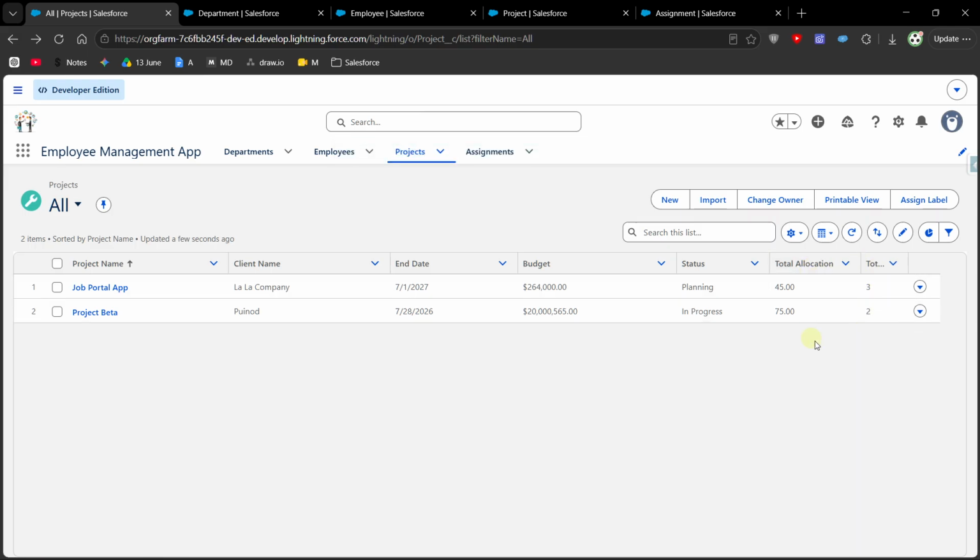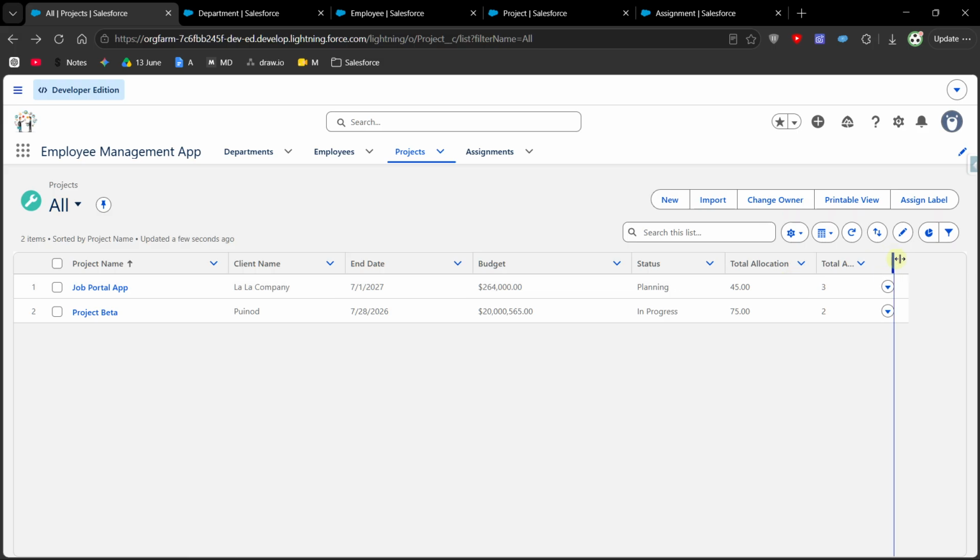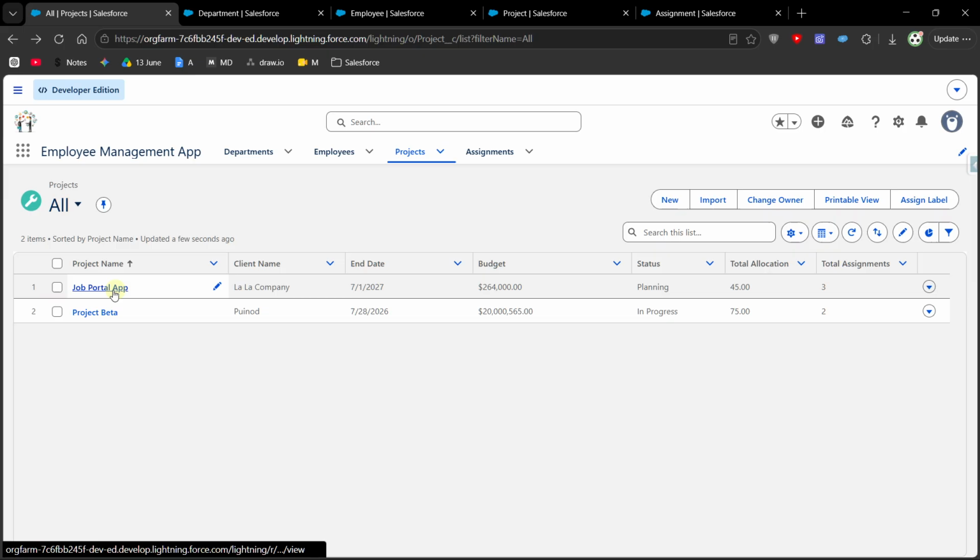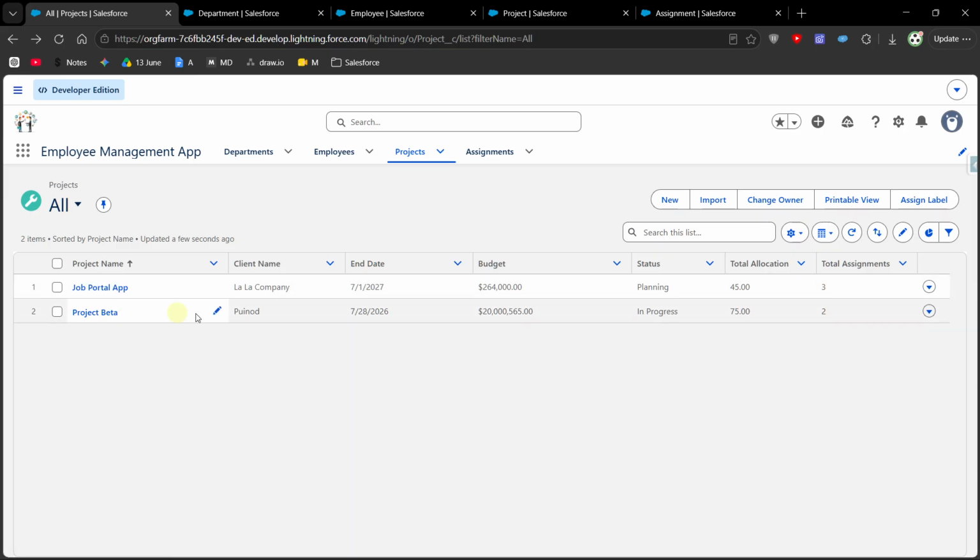Okay, let me reduce it. Okay, fine. You can see total allocation is 45% for this job portal app. Then the number for project beta is 75%. There are 2 assignments for this project and there are 3 assignments. So